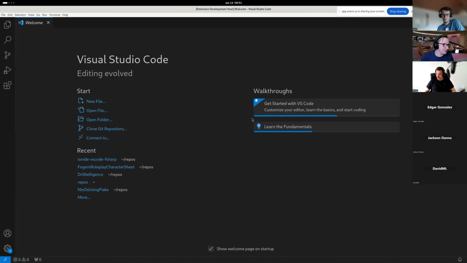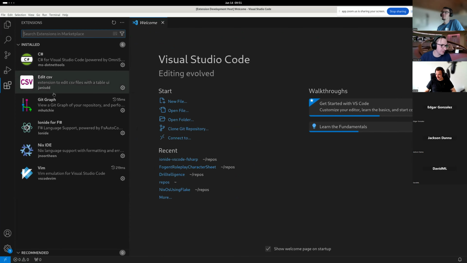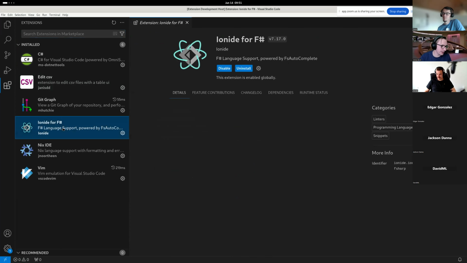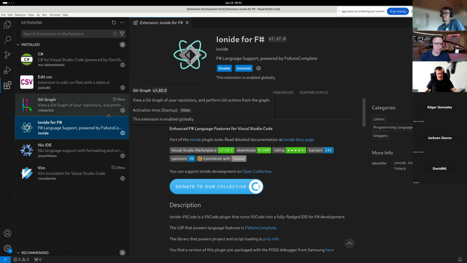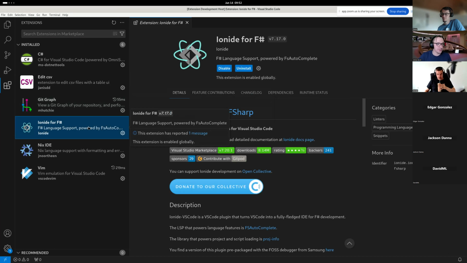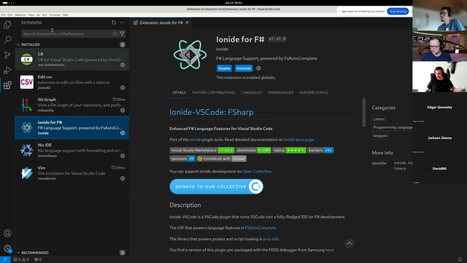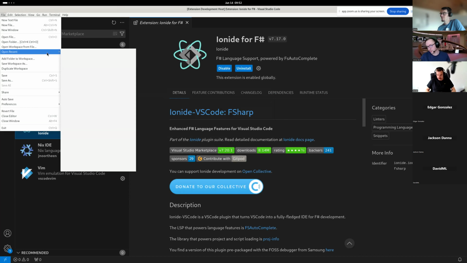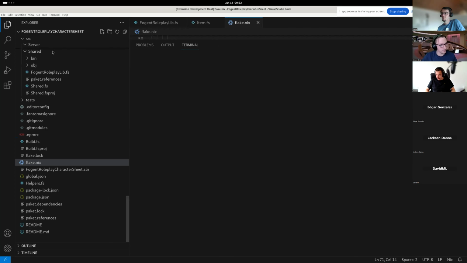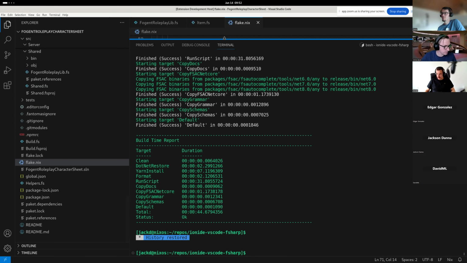Yep. So this is now, if you go to the extensions, a VS Code with our Ionide installed, but it's the version we just built. It's probably not going to be useful by itself. You'd probably open up a test project, something like your example that you had, which had a bunch of files, which would be a good test bed. Let's see. Now I'm hoping there isn't any weird Nix stuff.